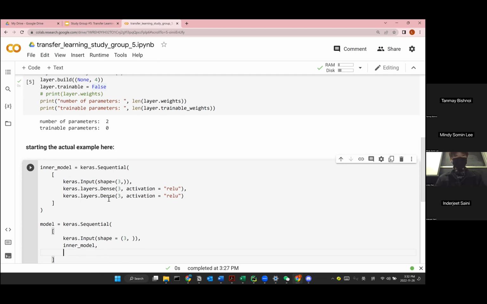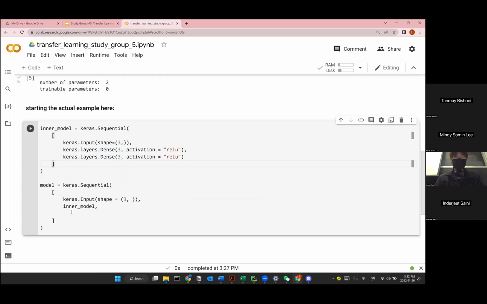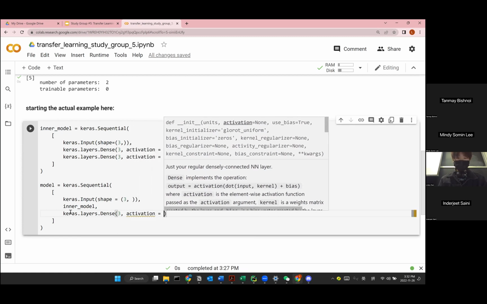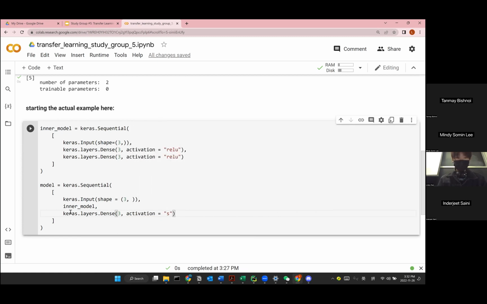So the previous one is the inner model. When you're eating a sandwich, this is like the meat and vegetable here, and I'm putting the top bread, which is the input, and another bottom bread, which is like Keras layers. I'm adding another dense layer, 3, information signal. Cool. And this means that this is a parameter that's outside, and I will show you in a little bit,